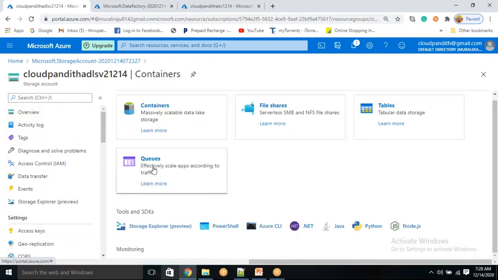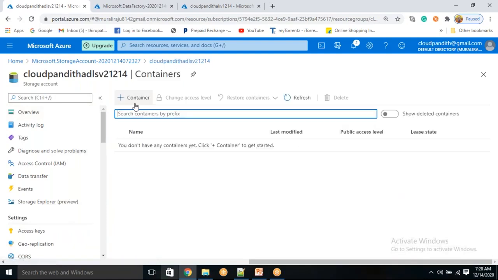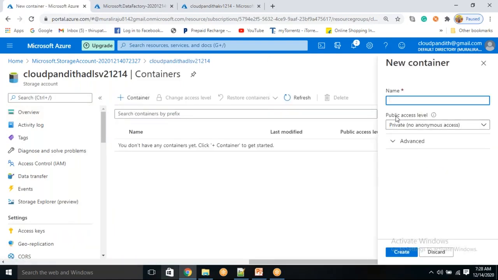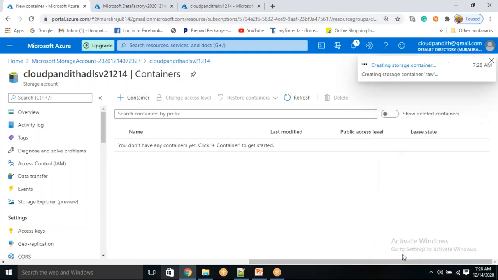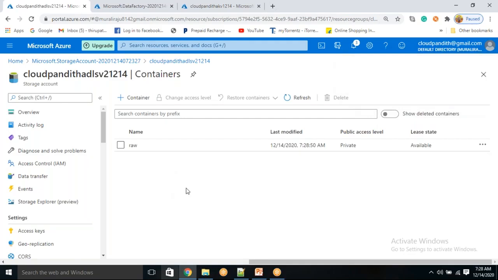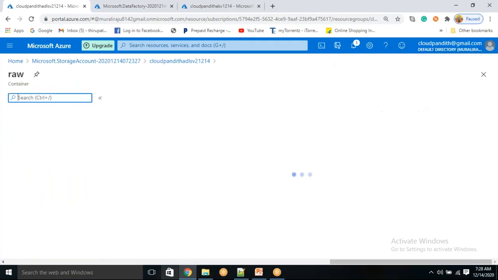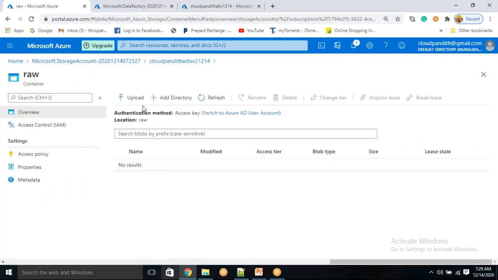Come down. Click on containers. Click on container. This is a raw folder. Okay, next. The refined folder and all those things I am not going to create. Everything will be created from Azure Data Factory. Okay, just go inside raw. So here I want to create